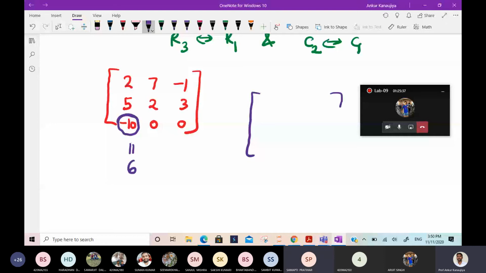Sir, I think it will give the index as 2, not 6. As 2, why? See, it will be starting from here 0, 1, 2, 3, 4, 5. It will give 6. Why 2? This is the overall maximum, not the maximum in the column. Okay, let us see what it will do.